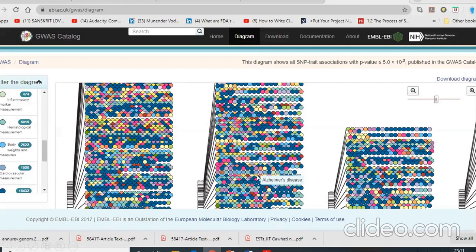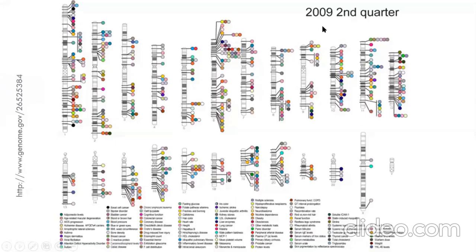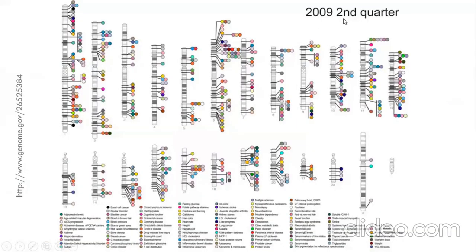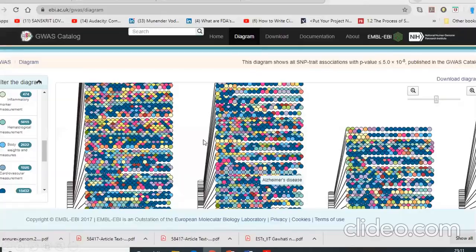In this case, as one example of the dots, you are looking for Alzheimer's disease, one of the blue dots represents that. You go into this database, you go into other dots, each dot will represent a disease condition. You are looking at a map in which this study is most evolving. The database is having a lot of data coming up over the years, but when the first database was generated in 2019, there were fewer dots compared to the dots here.